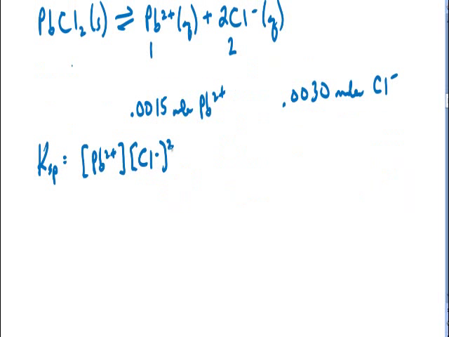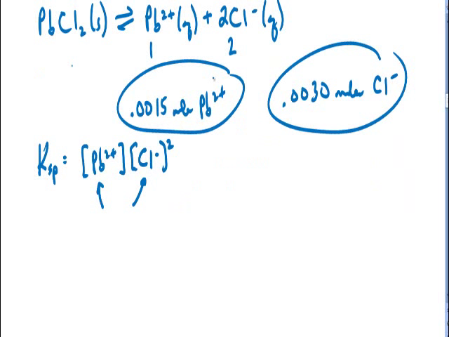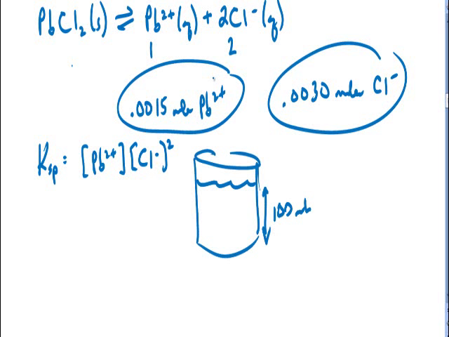in the saturated solution. Now the Ksp expression for the saturated lead chloride solution, to make this work, we need to put in concentrations at equilibrium inside the bracket. Since we now know the moles present, we have to convert the moles into concentration. The sample size that was used in the lab was a 100 milliliter sample of the saturated solution. So we can now find the concentration of each of these ions since we know the moles and the liters